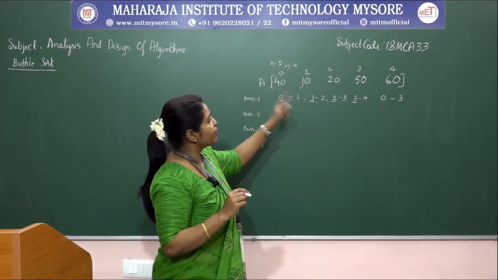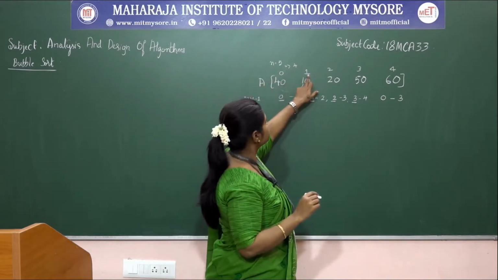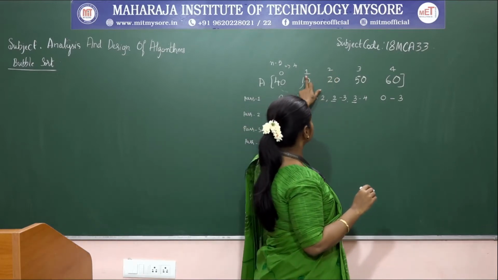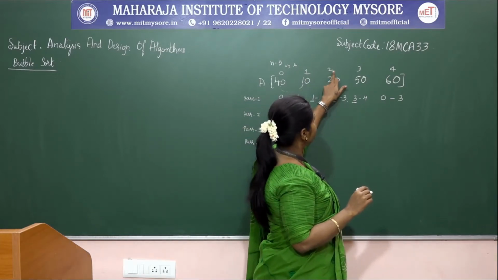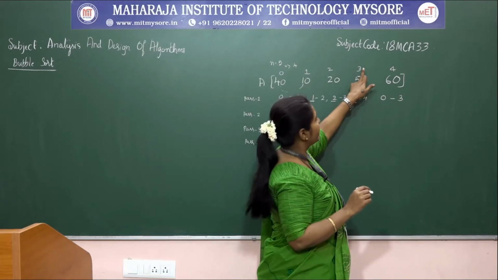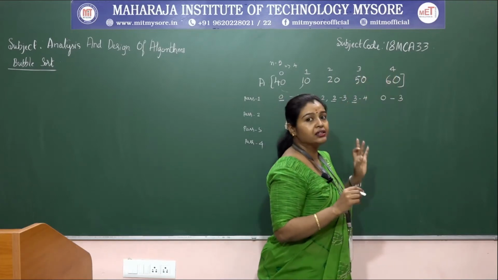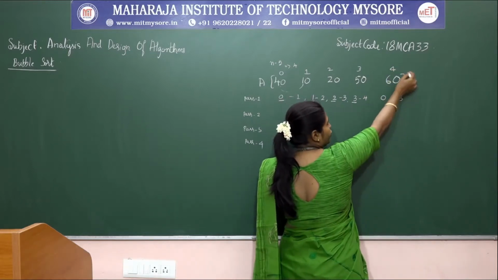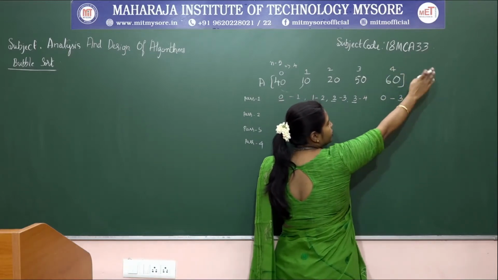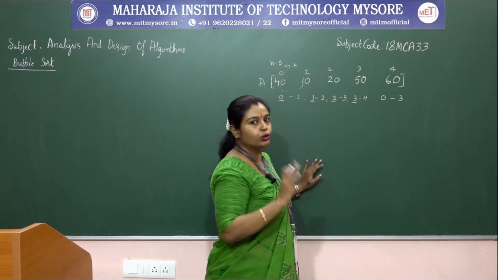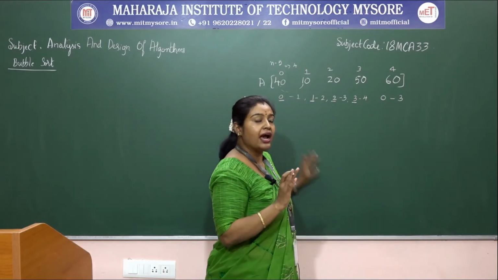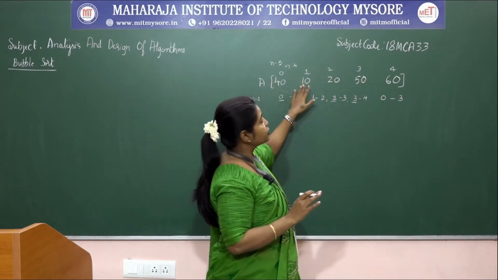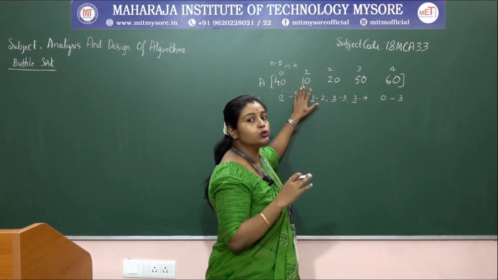In order to do the comparison, observe: first position element and second position element, second position element and third position element, and then third position element and fourth position element we are going to check. But at the fourth position, 4 to 5, we don't have any elements, so we are not going to do the comparison there in the first pass. Since we do the comparison, as well as, if required, we need to do what?